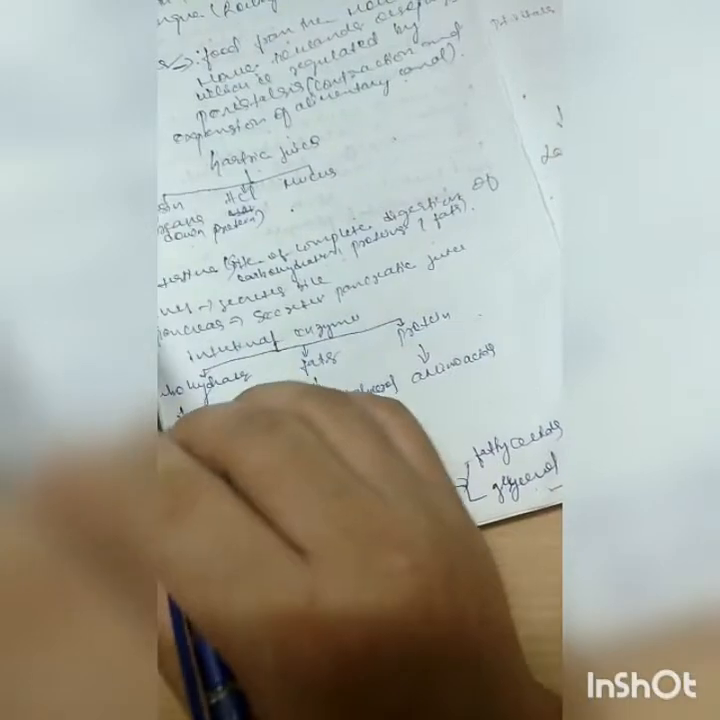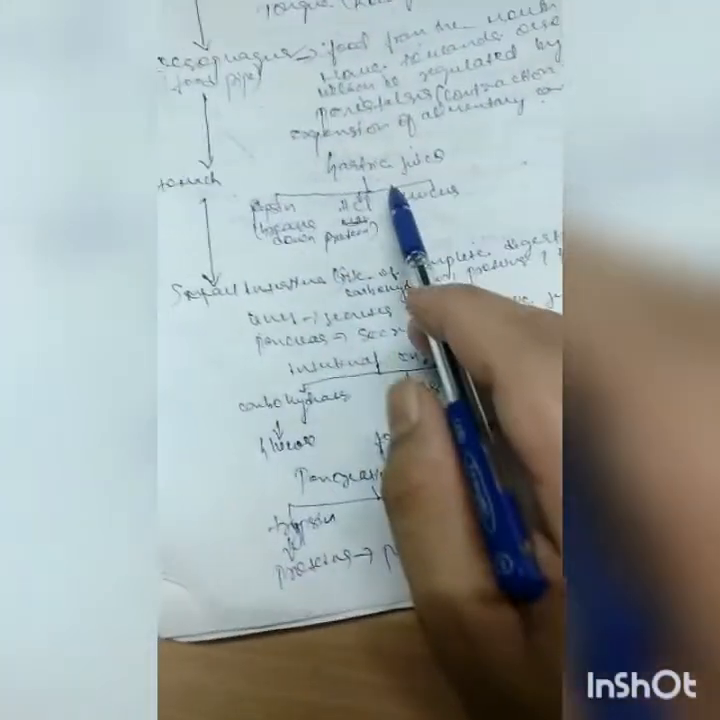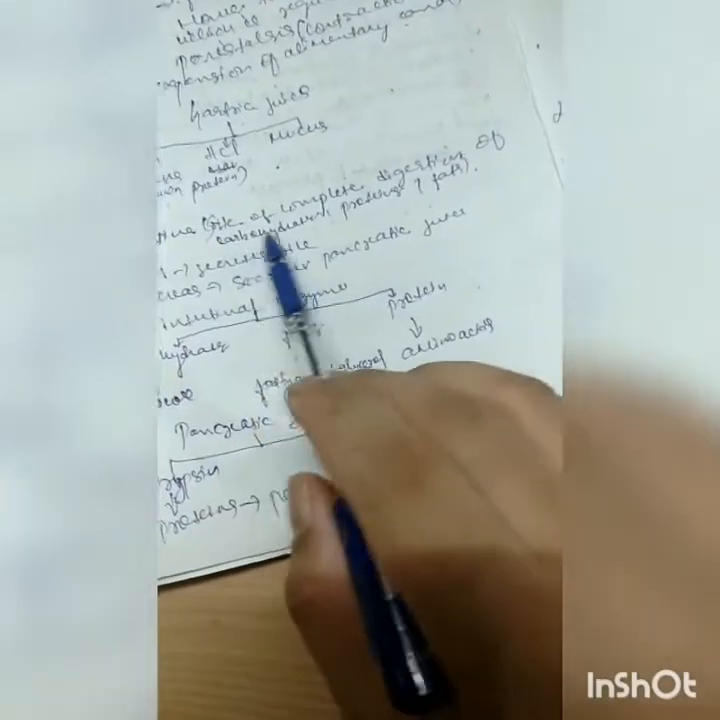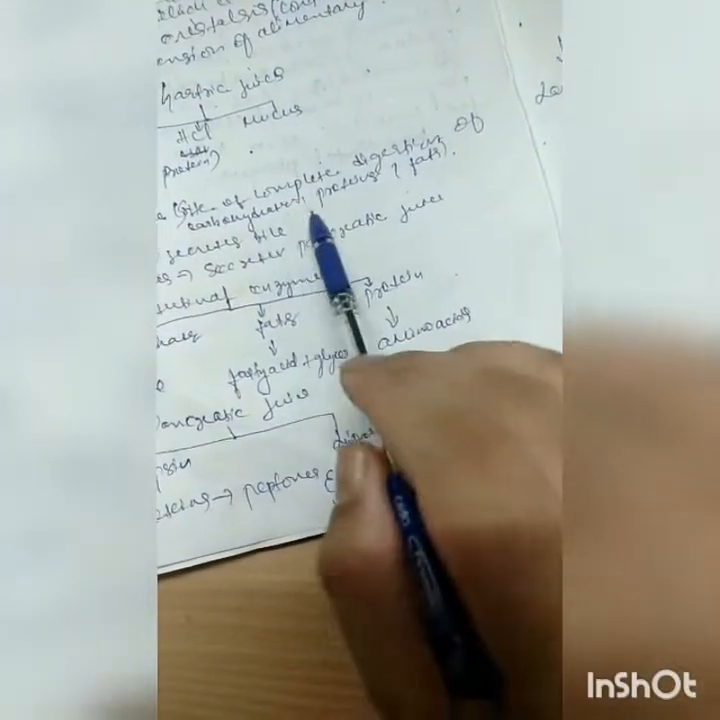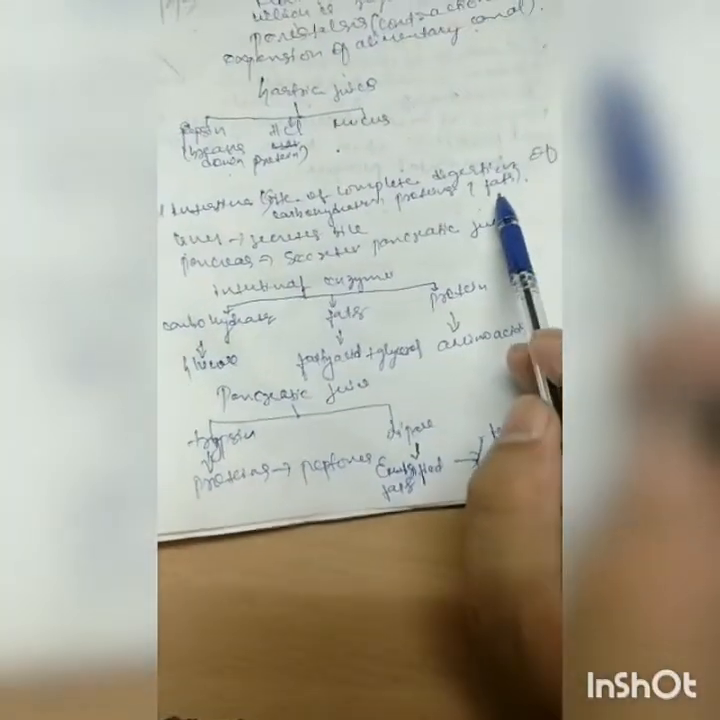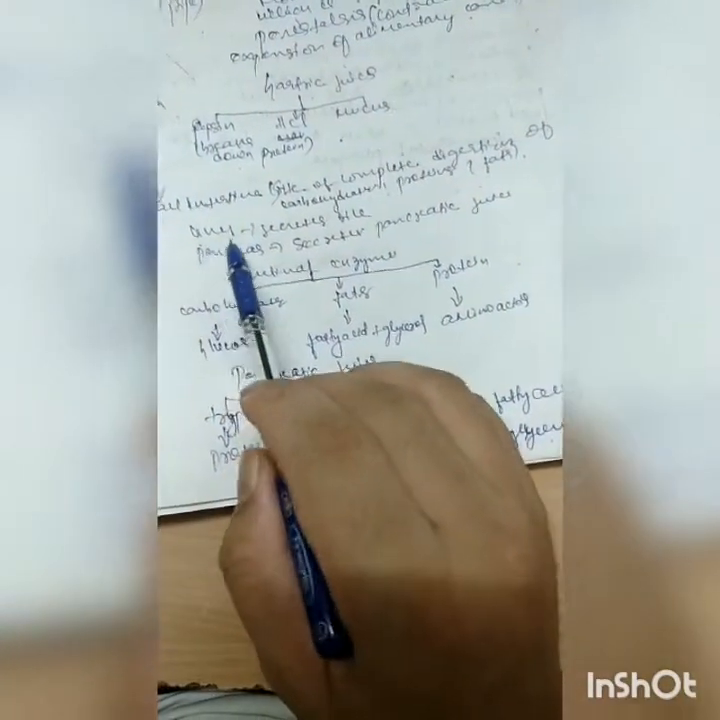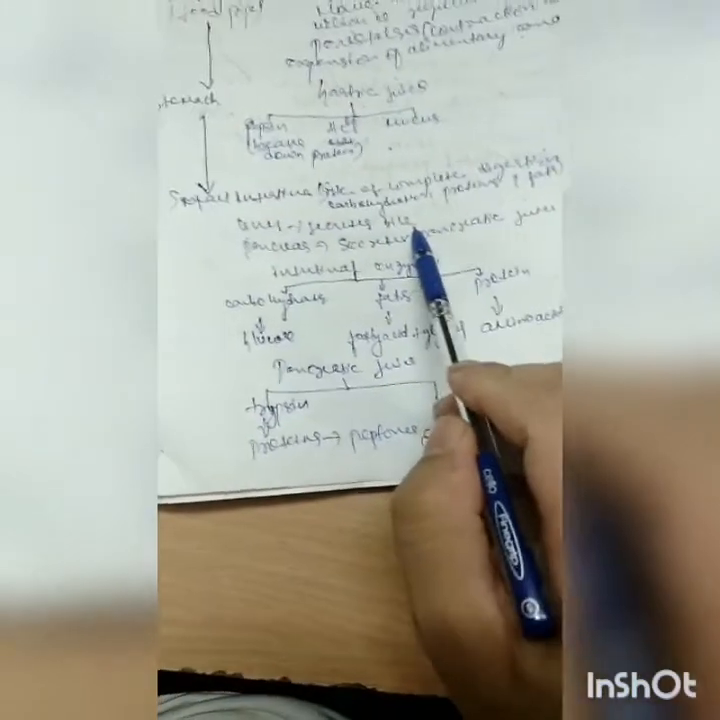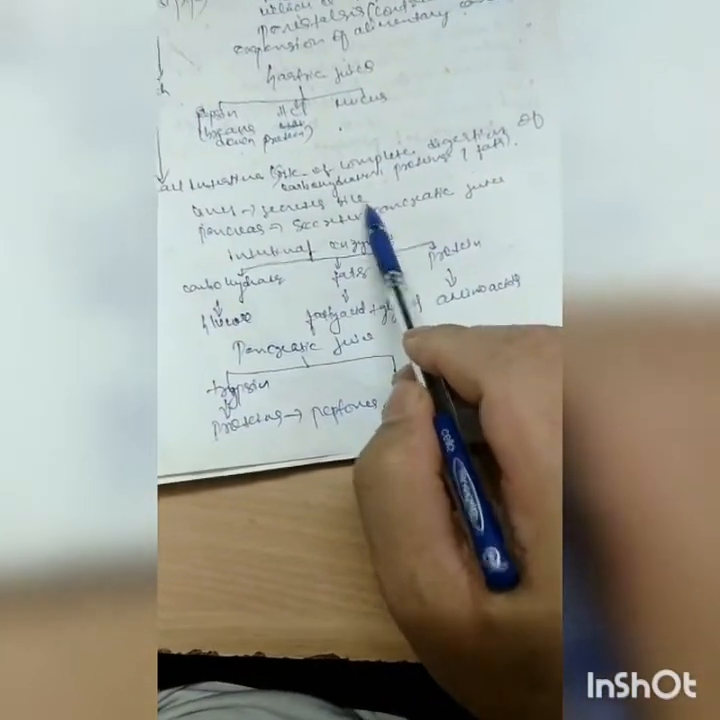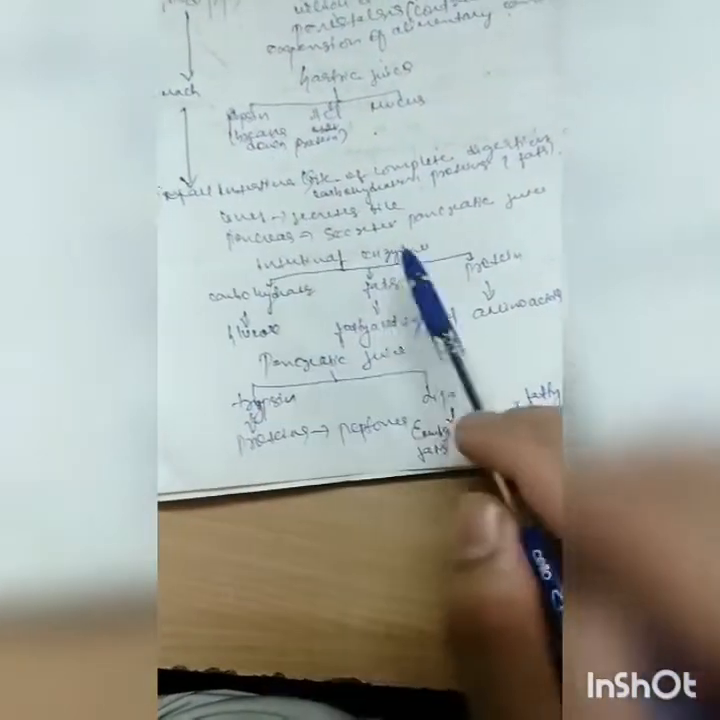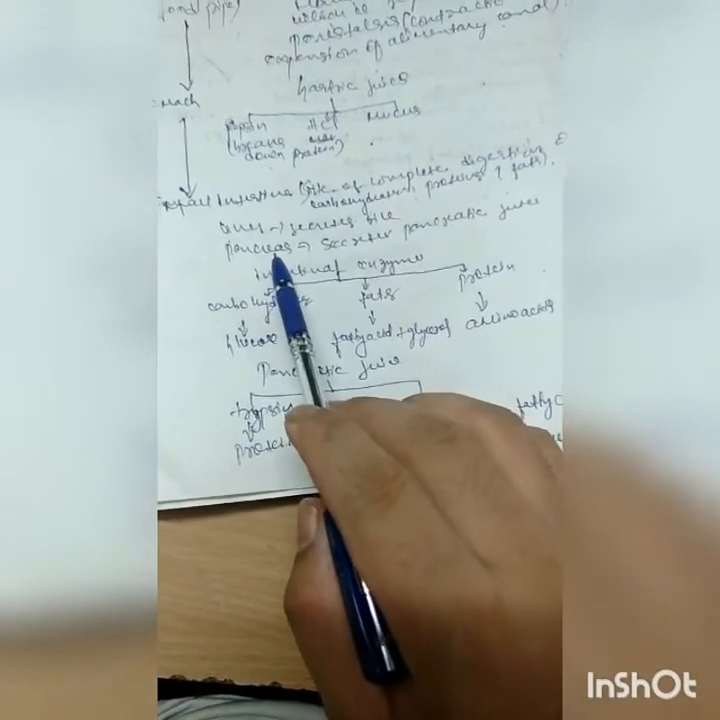Okay, in the stomach these things happen, and after that the food goes to our small intestine. It is a site of complete digestion of carbohydrates, proteins, and fats. Remember this point. And the liver also secretes bile juice. Bile juice helps in the breaking down of fats. Alright, the pancreas also helps in